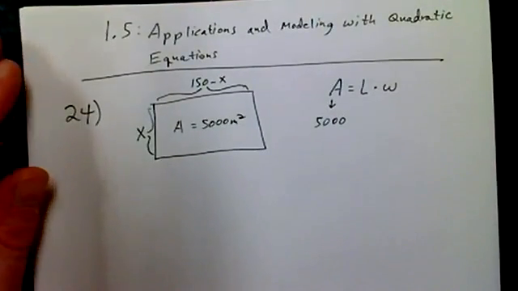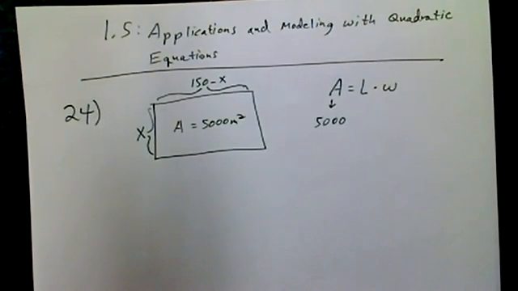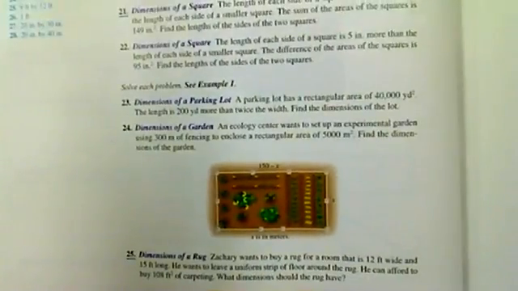Okay, guys, we're on to 1.5, applications in modeling with quadratic equations. So this is the story problem version of our quadratic equations that we studied just in the last section. The one I want to start with is number 24 in the book, and it's about the dimensions of